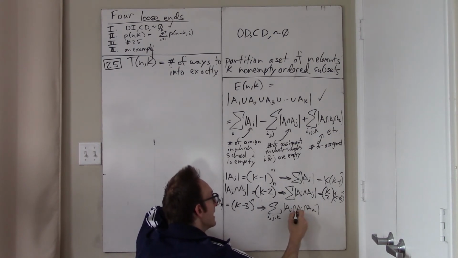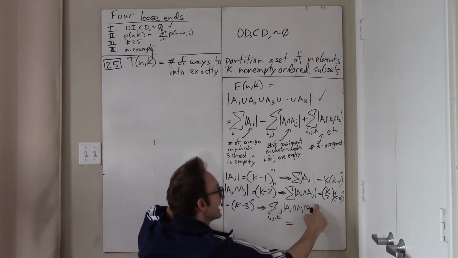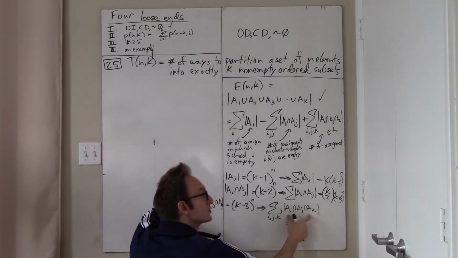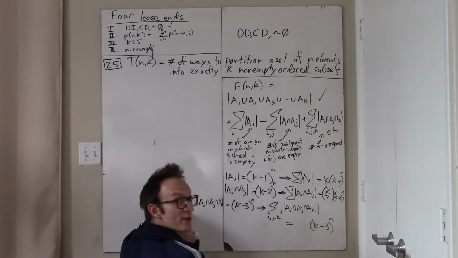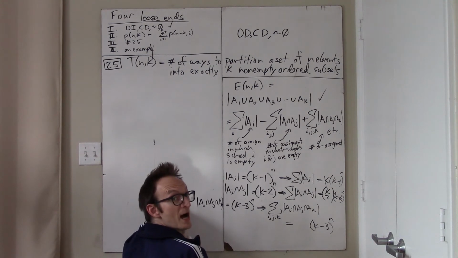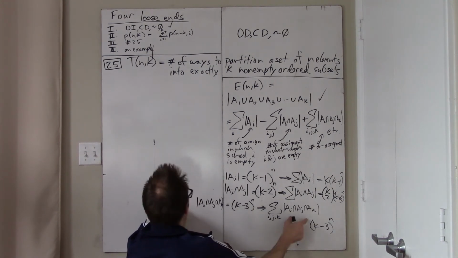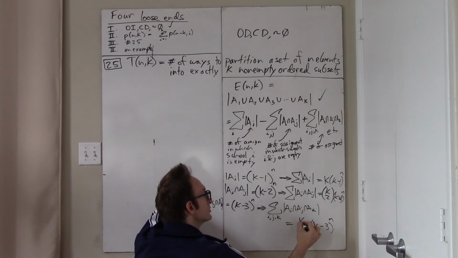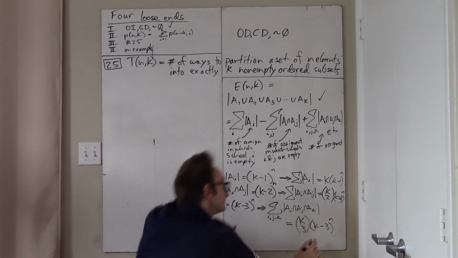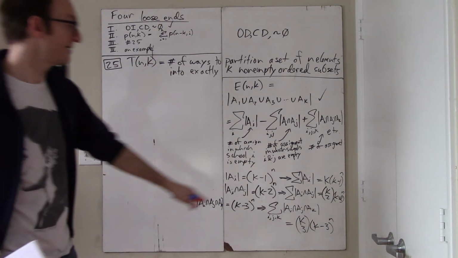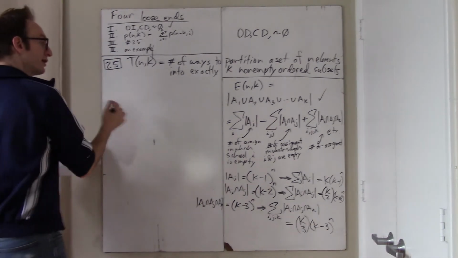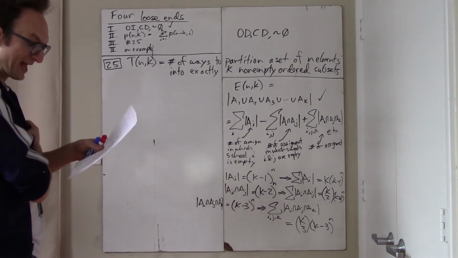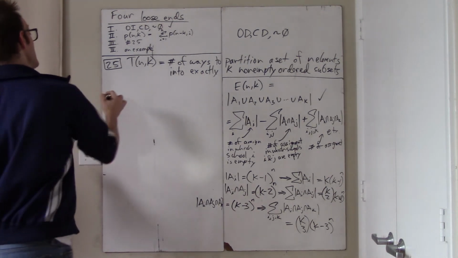Well, now I have to count each one of these triples. There are K minus 3 to the N ways of assigning the students when those 3 particular schools are empty. But there are K choose 3 ways of grabbing a triple of schools. Okay, and so after all the dust clears, what I end up with is that